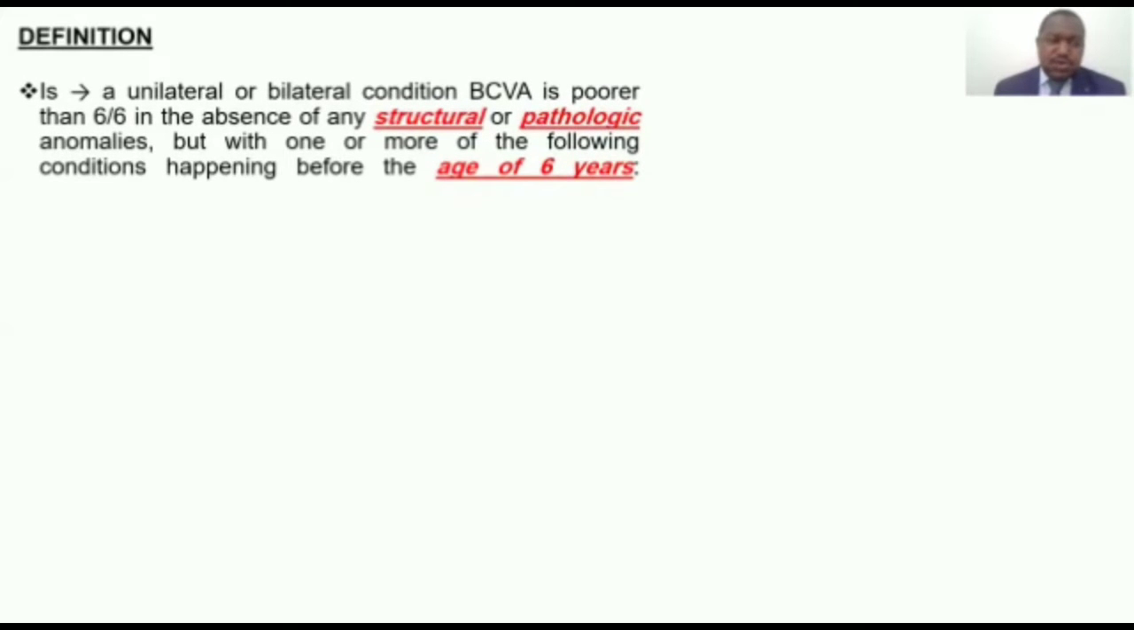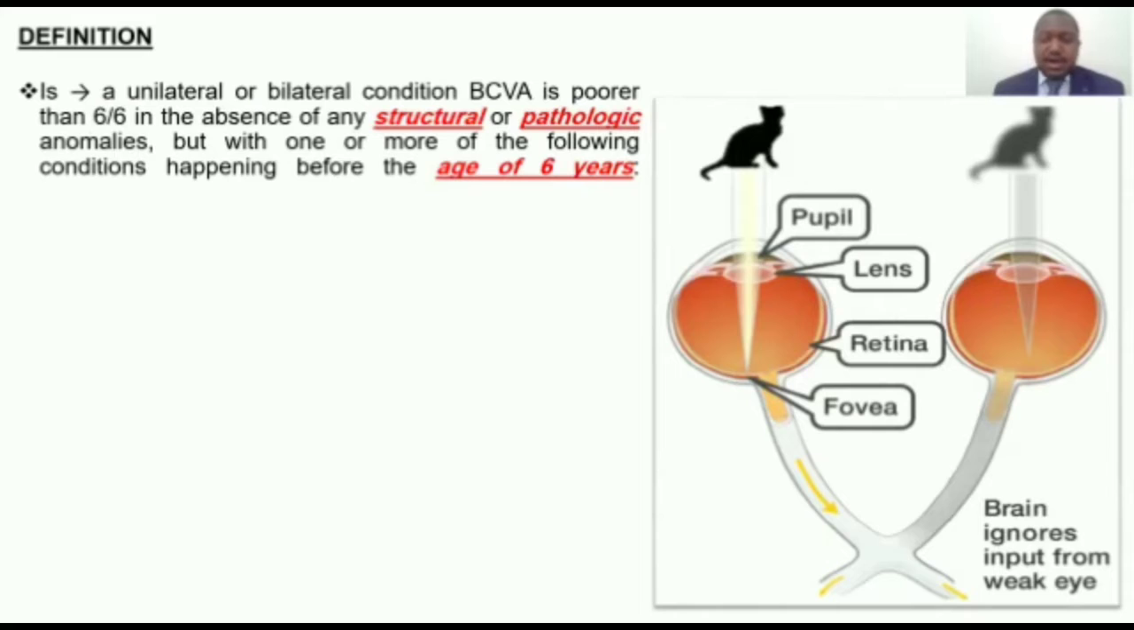As you know, amblyopia is a unilateral or bilateral condition in which best corrected visual acuity is less than 6/6 in the absence of any structural or pathological change. There is no structural or pathological change of the eye, but the vision does not improve to 6/6 after the patient wears contact lenses or spectacles. And maybe there is some problem happening before the age of 6 years that could lead to development of amblyopia. For example,